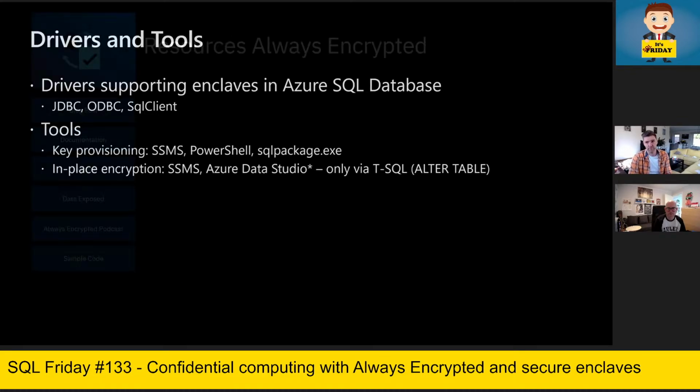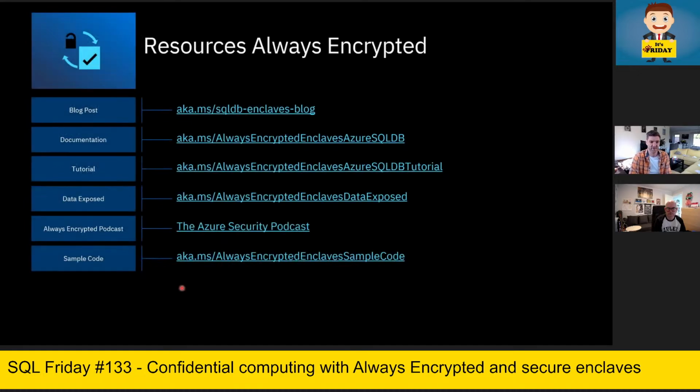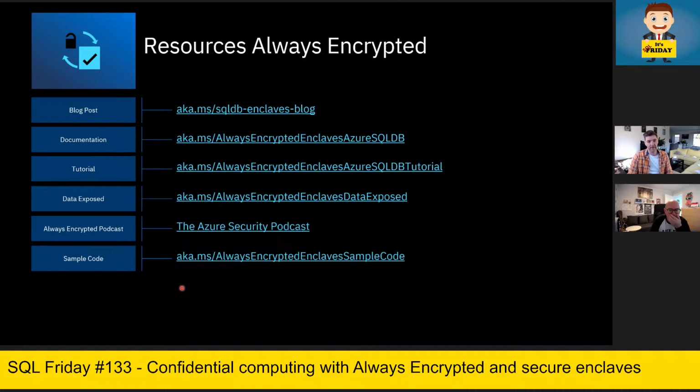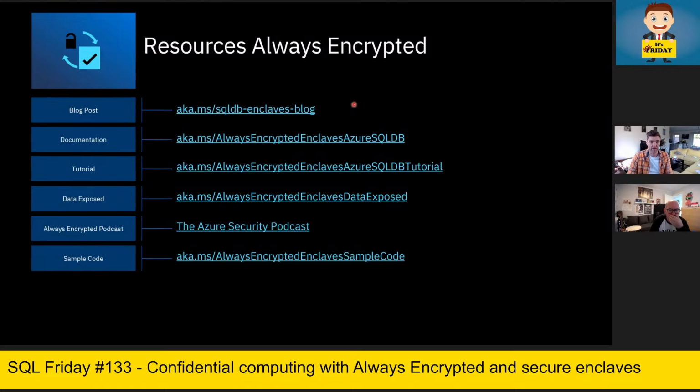Okay, that brings me almost to the end of this presentation. Some resources I would like to share with you. There is a blog post that explains in detail how Always Encrypted with secure enclaves works. There is our documentation. It's really advanced, so you have a lot of information there. We also provide tutorials, which are used a lot by our customers.